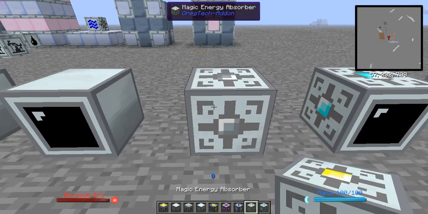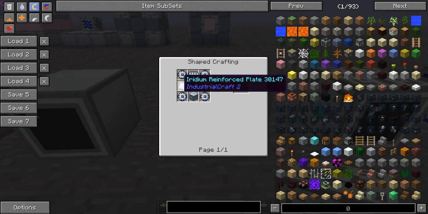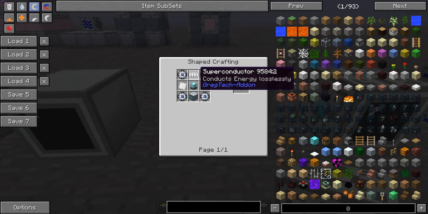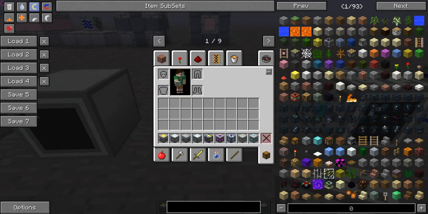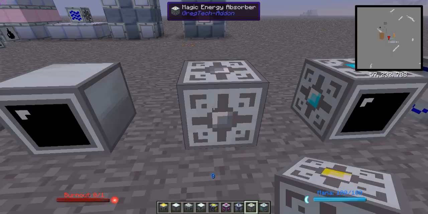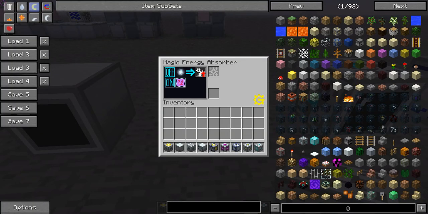Next thing, Magic Energy Absorber. The Magic Energy Absorber is 2 iridium plates, 4 energy flow circuits, a Magic Energy Converter, which we'll get to later, a beacon, and a superconductor. Very expensive. It has all these modes here, basically these two things, off and on. This little symbol down at the bottom next to this panel right here is the symbol for one of those ender crystals you find in the end. Put this in the end adjacent to one of the ender crystals, and it'll start siphoning energy out of the